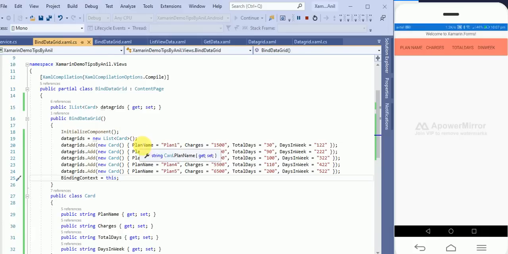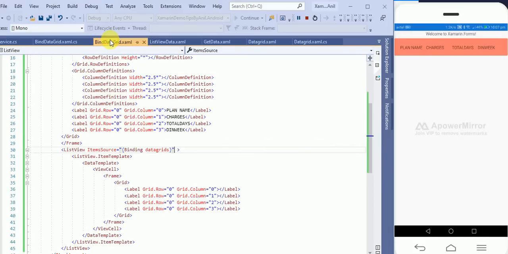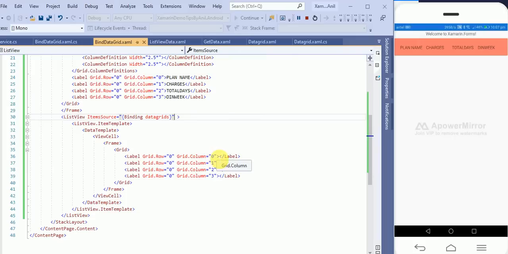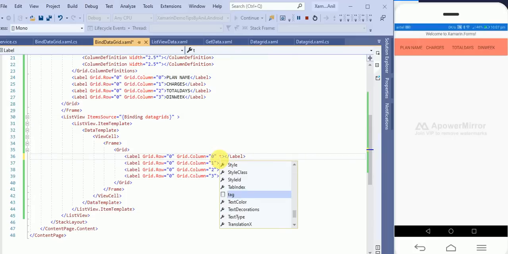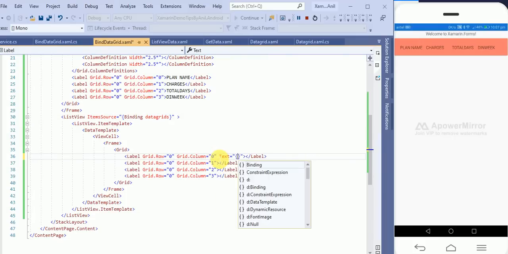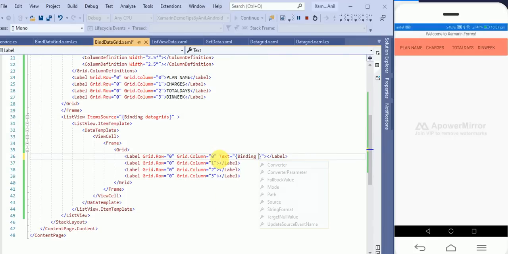Now the same property we have to bind over here. Text equals to binding like this. Okay, so I'll copy and paste here.